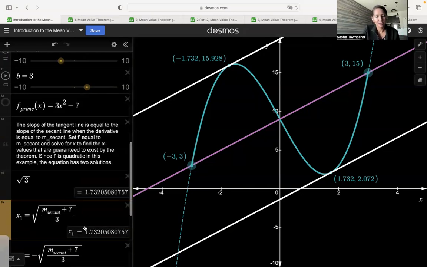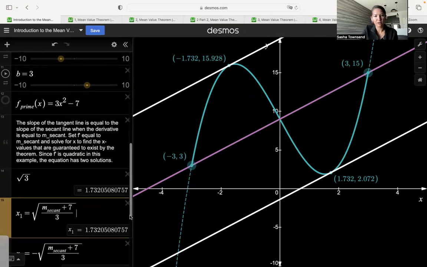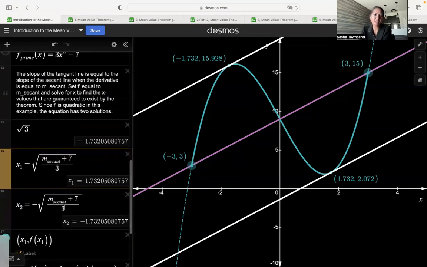And that's exactly what we get if we just use the formulas from before. The nice thing about using these formulas is, of course, they correspond to that particular function, or actually a family of functions that has that derivative. But once we've written down the formulas for all of the roots of that equation, f prime equals m secant, then as we change a and b, Desmos will automatically calculate the corresponding x values, as long as these formulas are correct. So we have these two x values,